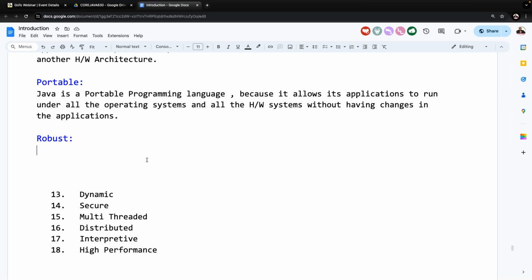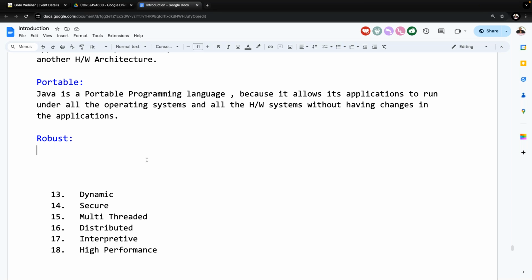Got my point here? Similarly, static memory management system is not thinking about the actual utilization of the memory. Blindly, it will assign a block of memory. It may be wasted. That means there is a chance of memory wastage in the case of static memory management system. But no memory wastage is going to happen in the case of dynamic memory management system. Now tell me, which one is better in our applications? Static memory management system or dynamic memory management system? Always dynamic memory management system is better. Why? Because on demand that memory is going to be allocated. No memory wastage is going to happen in dynamic memory management system.